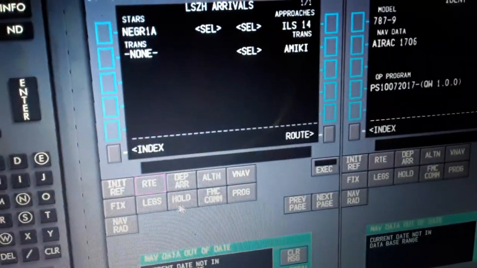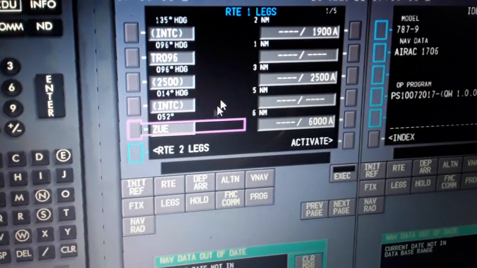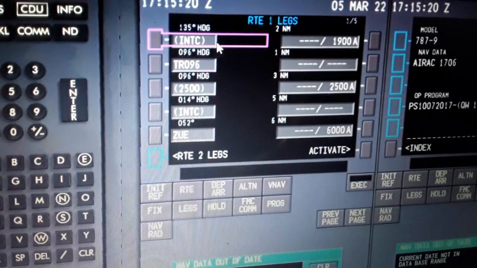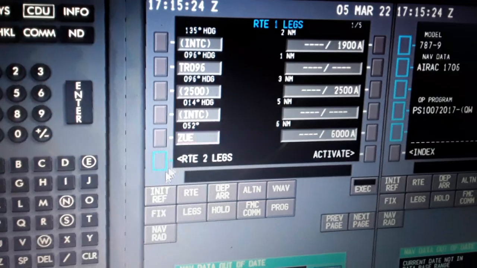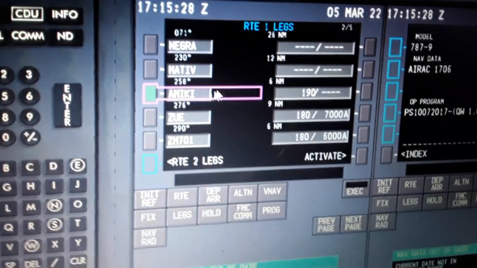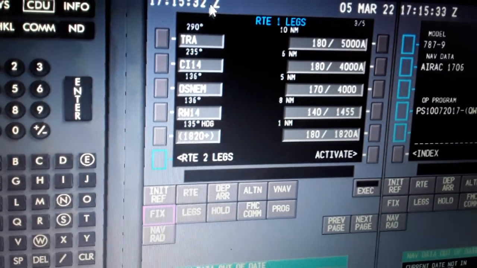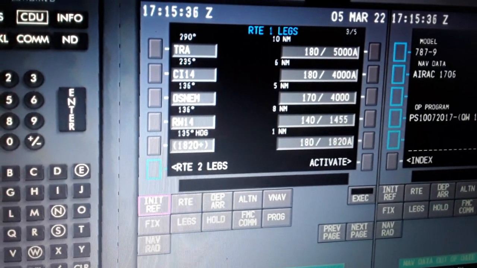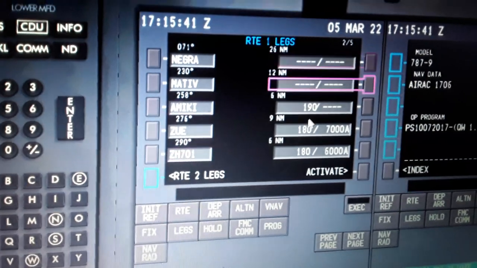So we have departure arrivals, we have the legs activated, we have an active route almost. It's waypoint by waypoint from takeoff, climb, cruise, descent, approach, and landing. It's gonna be the flight plan. You will see it in the navigation display later. We have to cross through these waypoints with the airspeeds and the altitude